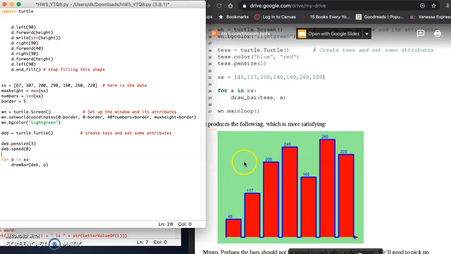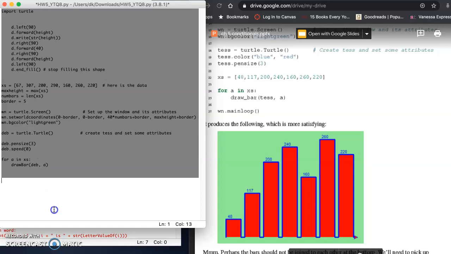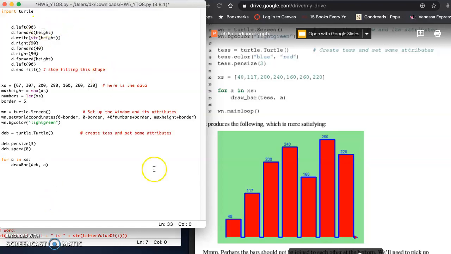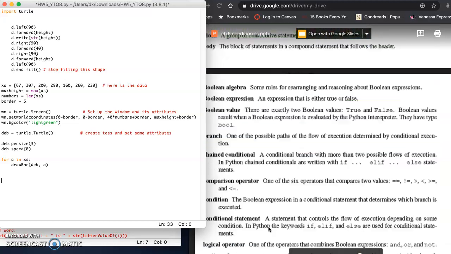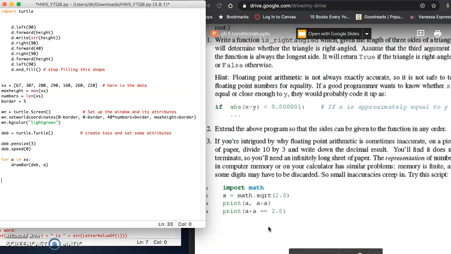Hi, I'm going to be drawing the chart to my right. This is what the picture looks like. Right now I have the code that I'm supposed to tweak imported, and what I'm supposed to do is make sure that the colors are,